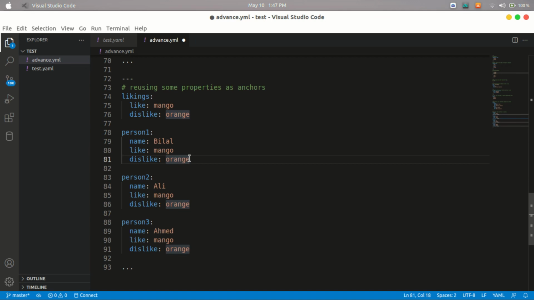Alright, so but here is a problem, because let's say I have 100 people, alright, or let's say 200 people, and all the 100 and 200 people have the same likes and dislikes. So will you have to paste all the likes and dislikes to each person? Alright, so this is not a good practice. So to avoid this, let's